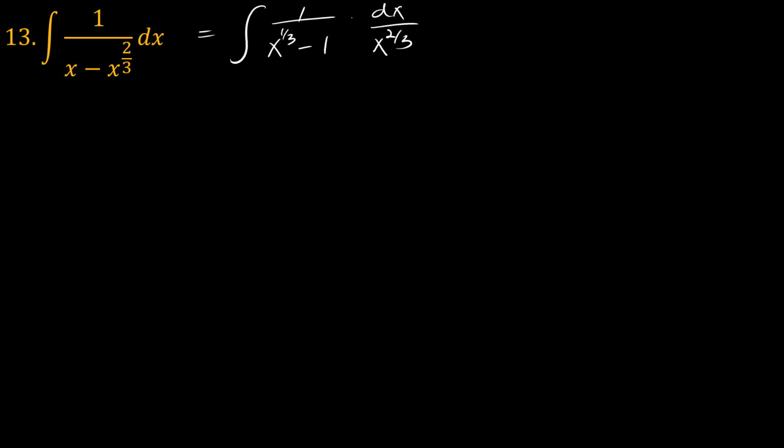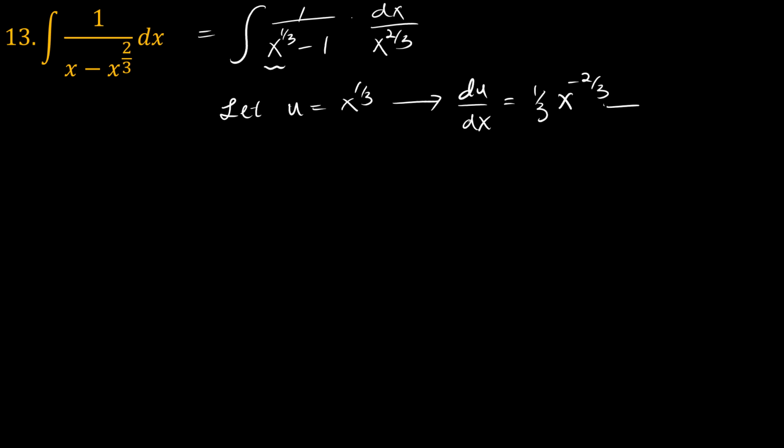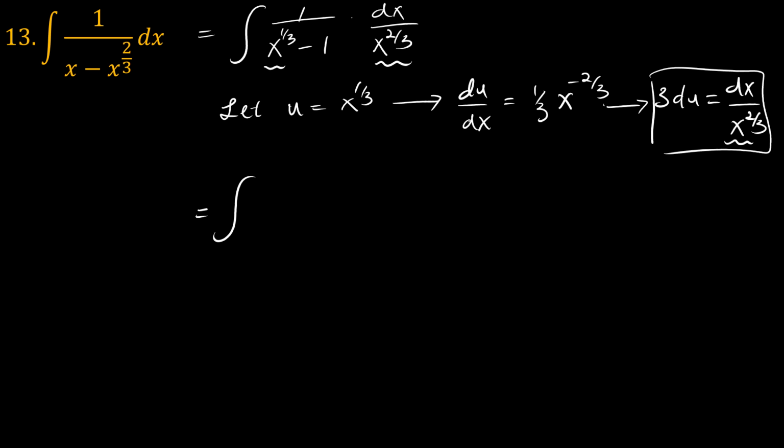Okay, so we could try to substitute for that. So what I could say is let u be equal to x to the 1/3. That means that du dx is equal to a third x to the power minus 2 over 3, which also means that 3 du can be used to substitute for dx over x to the power 2/3. So as we can see, this part here is awfully similar to that, and so we have 1 over u minus 1,